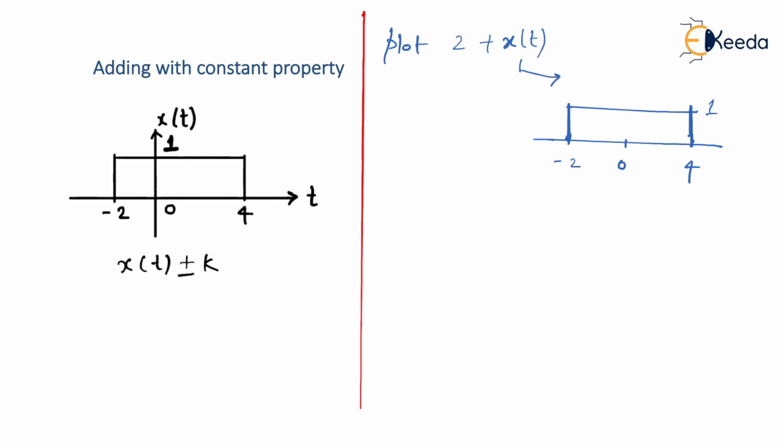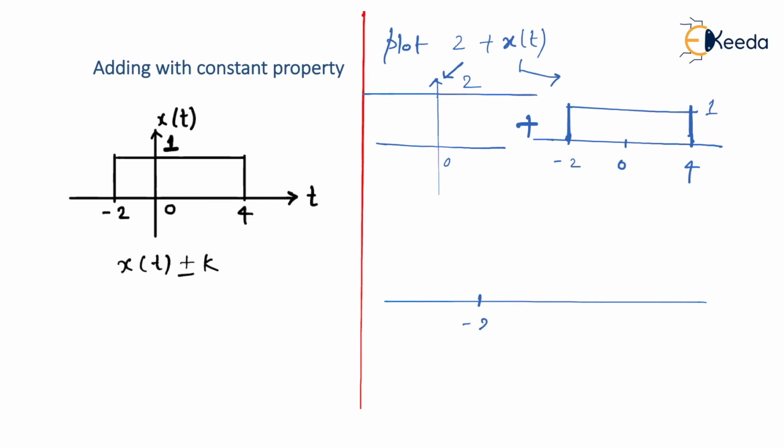Whereas when they say 2, it means it is 2 for all time. So it is like this. It is 2 for all time. Now imagine both the signals are getting added. This +2 is 2. That is, it is 2 for all time, from -infinity to +infinity, it is always 2. So imagine such a signal is added with our original signal x of t. Now we would see what is going to happen here.